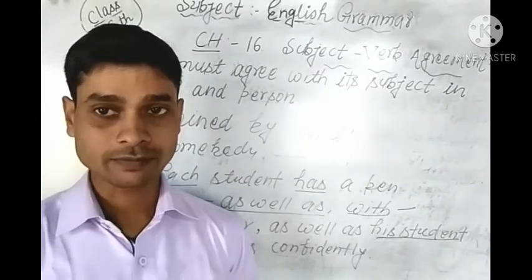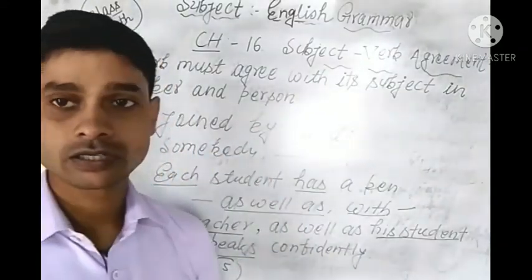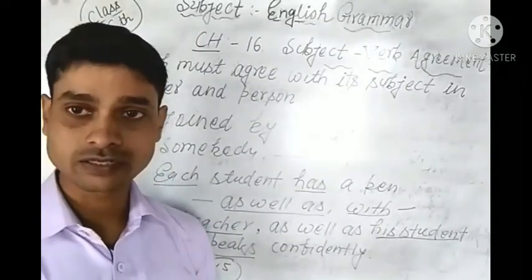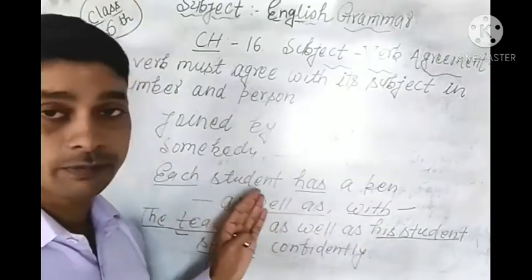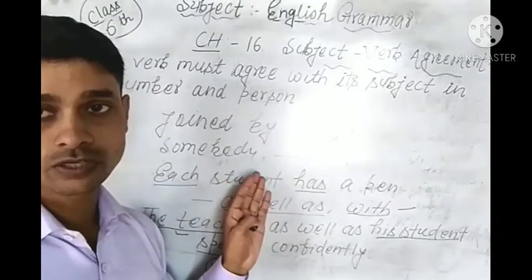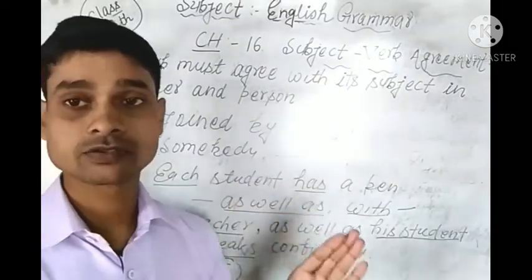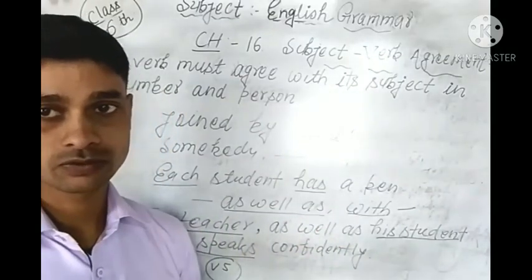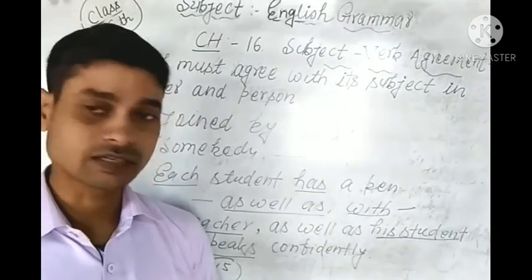So you have to remember the formulas of subject verb agreement, and according to these rules, you can easily use the verb with the help of the subject. First of all, remember the formulas and look at the subject. If the subject is singular, we use a singular verb, and if the subject is plural, we use a plural verb. Okay students, so you can easily do the exercise of this chapter.